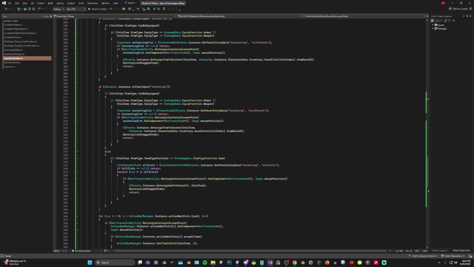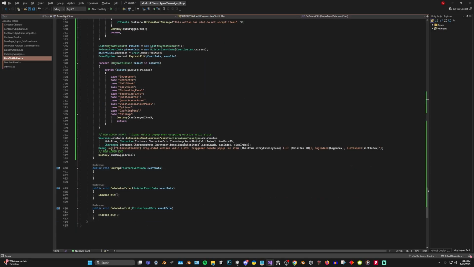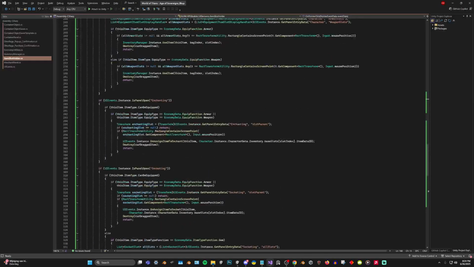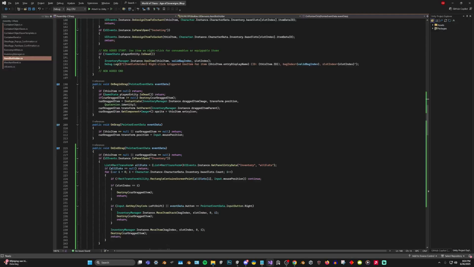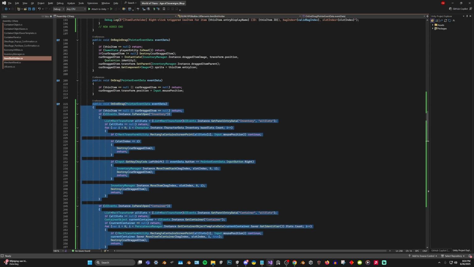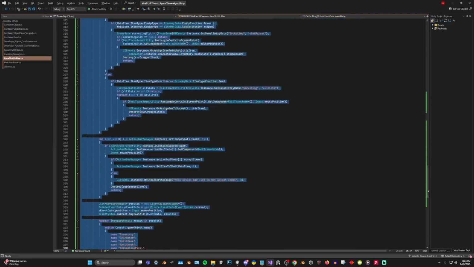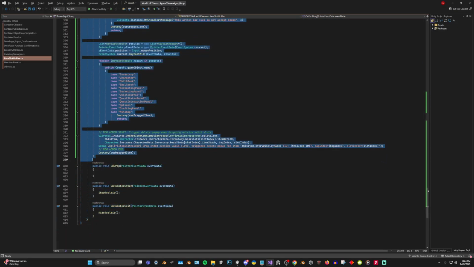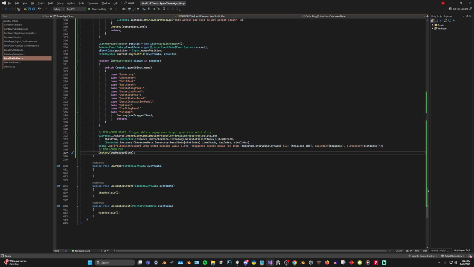Oh wait, no. You have to replace the whole on drag function. Yes, because I found a bug when I was testing. If you have any custom stuff, be careful not to replace the whole function, but see, oh here on the bottom, this is added. Don't replace the whole function. Find this